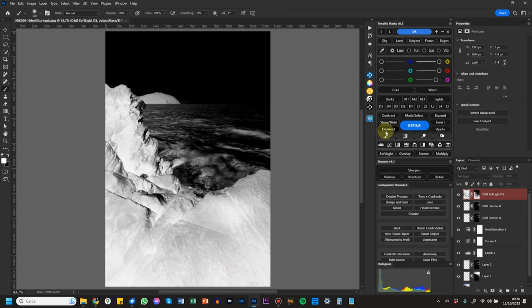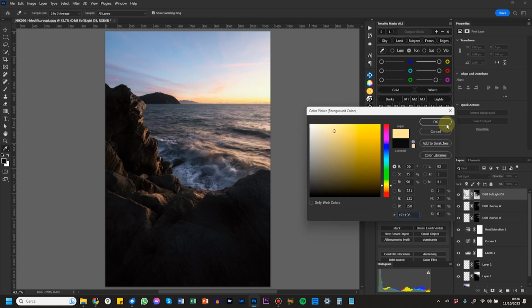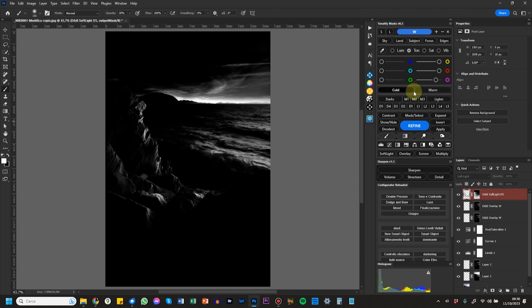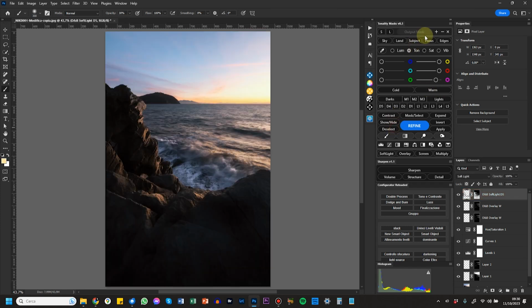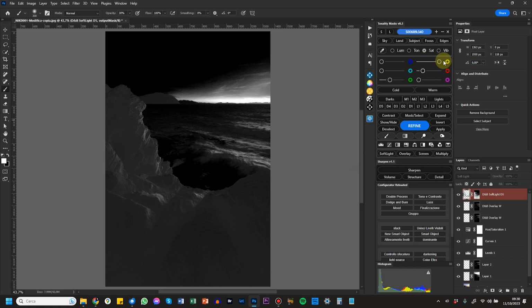If I go instead to tonality and I select the picker and I go here, of course it will select a warm mask, okay? And it's automatically going to the warm mask. If I set it to saturation or vibrance, it's the same. I go here, I go to this very saturated color, for example, and it will use spectrum to select that exact color. And it has many yellows, some reds, and some greens, for example. Okay, so it allows me to use the picker to select the color with spectrum.